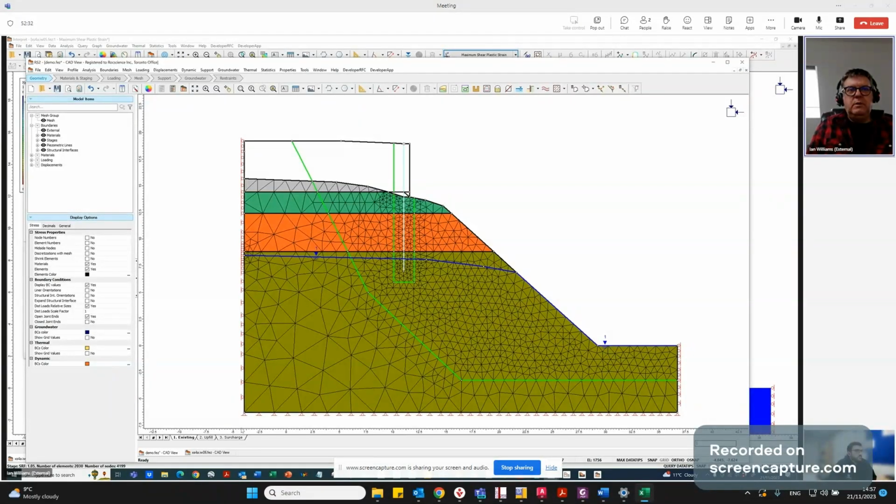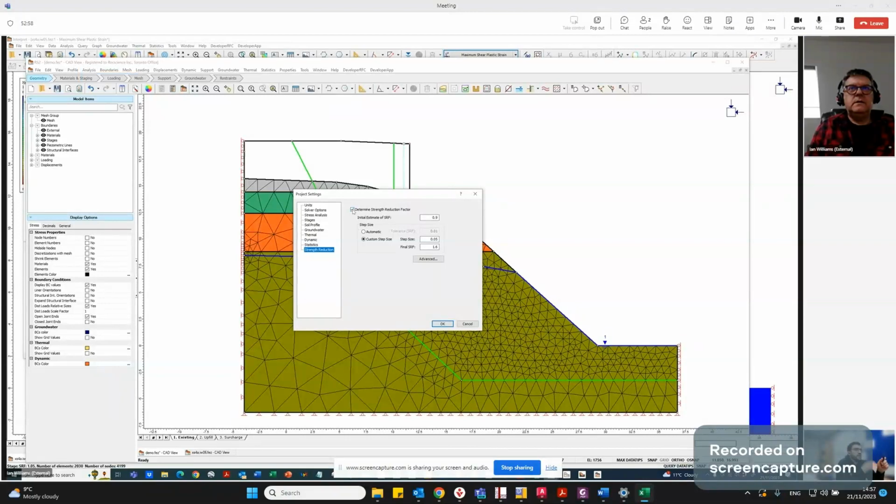Okay, so what we're going to do. I didn't catch how you jumped from importing the model to here, putting the interface of the liner, then you do the meshing, and then how do you do the strength reduction factor? You go there, you do that, and then Project Settings does it automatically. Then when you analyze, when you compute, it does it. If you pull it in from Slide, this is automatically ticked. I'm going to untick it for this because what we're going to do,